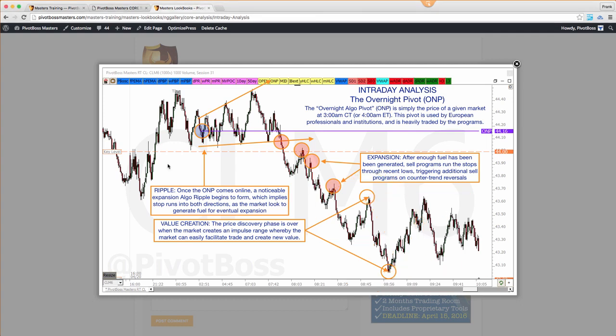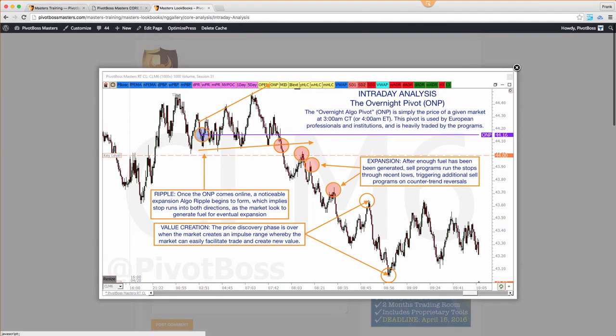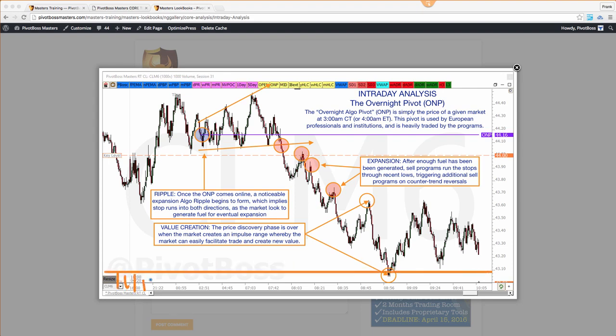Let's see here. A couple of good questions coming through. What is a volume bar chart? A volume bar chart is this bar right here, where each bar is a certain amount of contracts or volume. Every single one of these bars has 1,000 contracts of volume for crude oil. So if I put up the volume down here at the bottom of the chart, every single one would be the same size because they'd all be 1,000. After 1,000 contracts fills up a bar, you start the next bar.